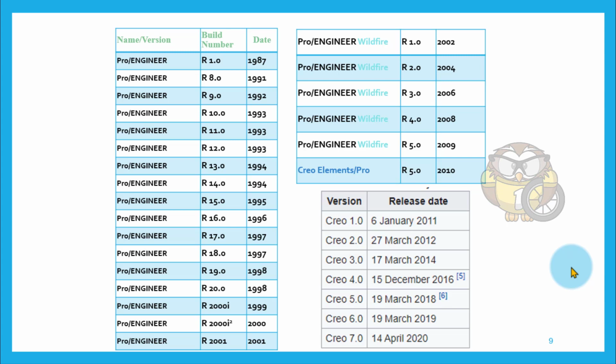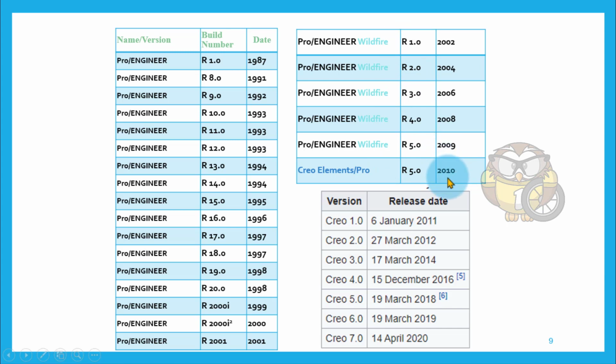After that it changed the name. The release name is 2000i, because after 99, 2000 is mentioned as 2000i squared. After that 2001 is 2001. Again we change the name: Pro Engineering Wildfire in 2002, with Wildfire added to the name. So Wildfire 1.0, 2.0, up to Wildfire 5.0 was released in 2009.